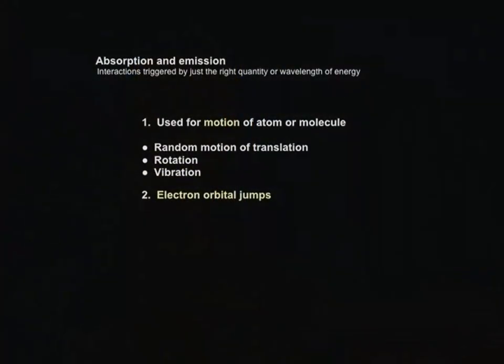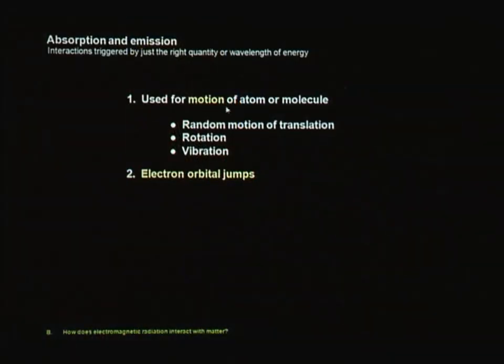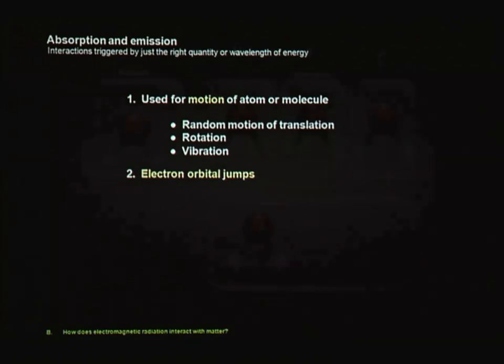Now, absorption and emission. When energy from the sun lands on Earth, some of it doesn't get reflected and go back to space right away. It disappears into that material, and what is it doing when it goes into that material? It can be used to cause the atom or molecule to move around, or to elevate its electrons from one shell to another.